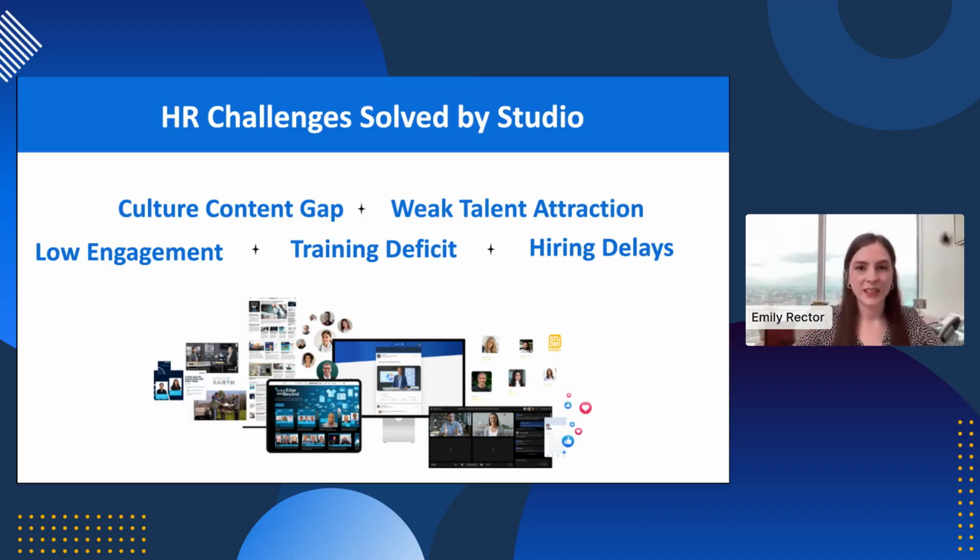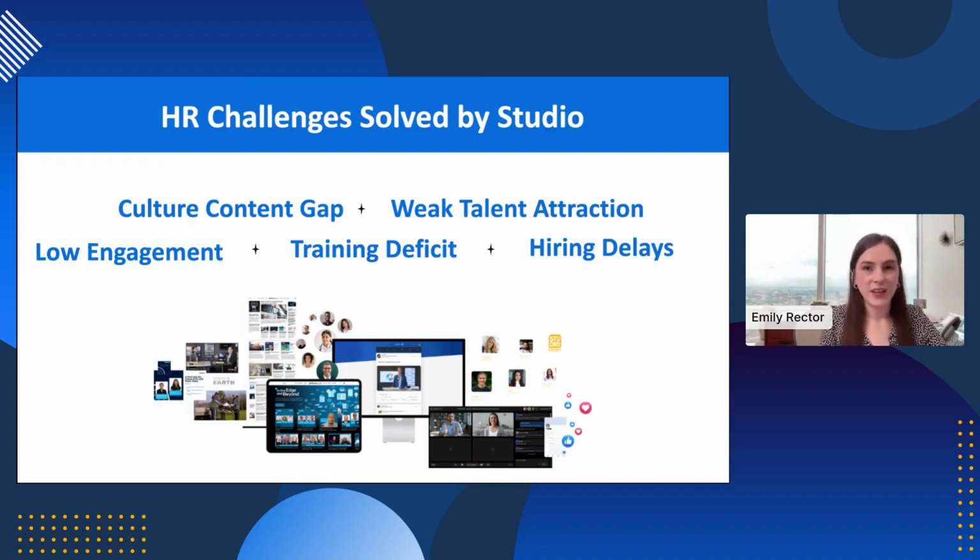The first thing that candidates will do whenever they're applying for a job or trying to learn more about a company is they'll look them up on Instagram. They'll look them up on LinkedIn. They'll check out all of their social media channels to see what a day in the life at that company is like. So now with Studio, I have created so much culture content that lives on our social media. Whenever these potential candidates come and look up MarketScale, they can see all of this content. They can see the fun day-to-day around the office. They can see the employee spotlights and learn more about someone that may be a future colleague for them. So that weak talent attraction is something that is directly solved as well.